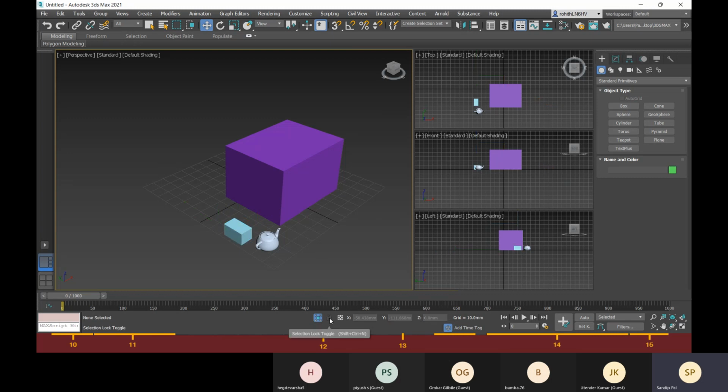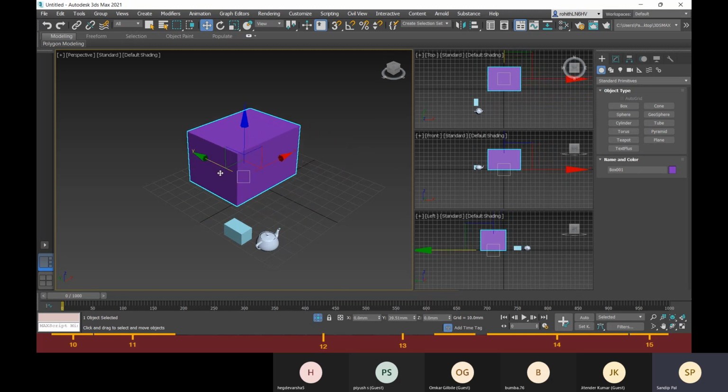Now you have this selection lock toggle. You can see that I can move it right now.